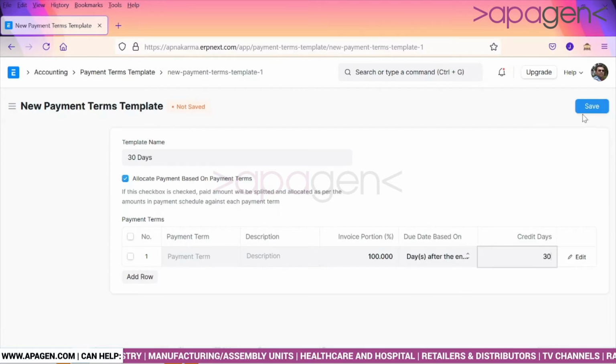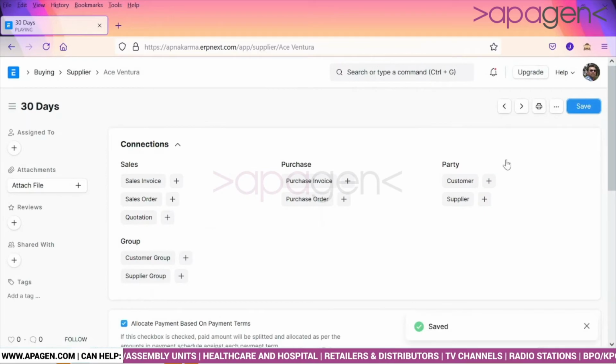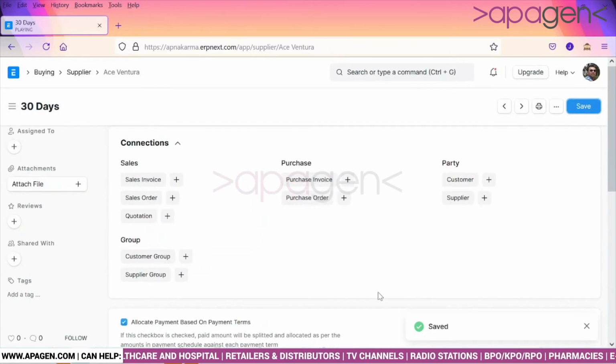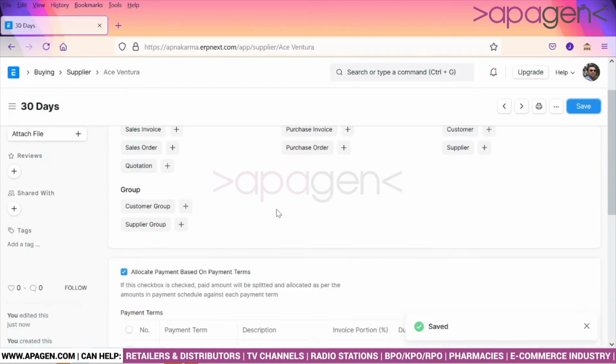So here we have defined the payment terms.